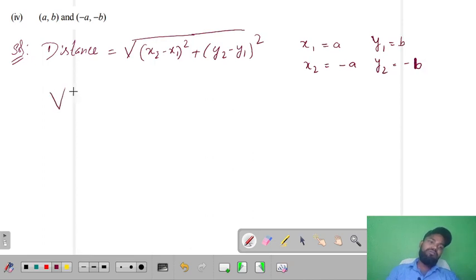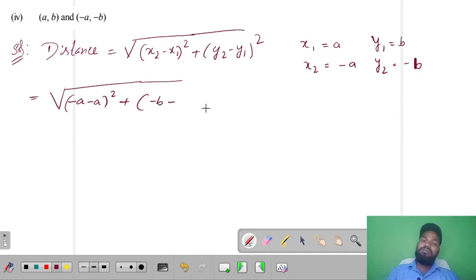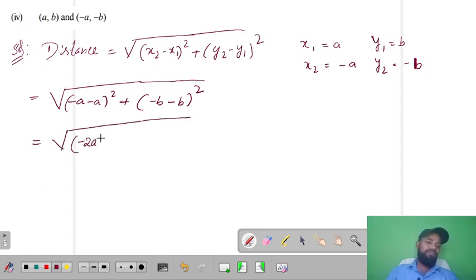So just substitute them. If you substitute in the formula, then you get the answer. X2 minus x1, X2 what? Minus a. So x1 minus a whole square plus y2 what? Minus b, y1 what? b. Okay, here minus a, what does it become? Minus a means it becomes minus 2a, right? Minus 2a whole square plus minus b becomes minus 2b whole square, then